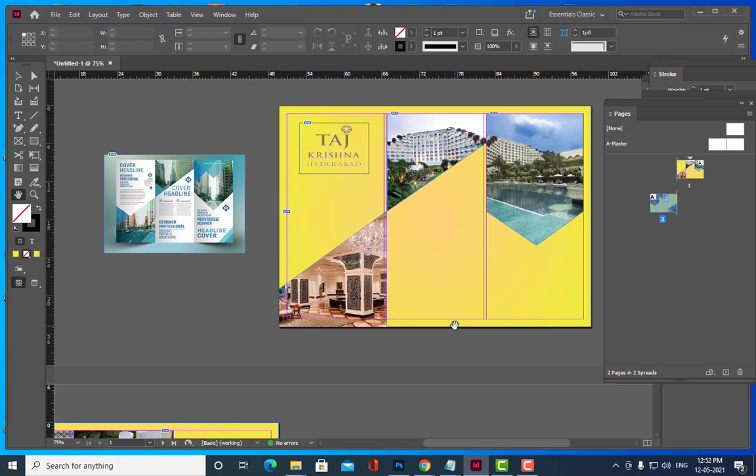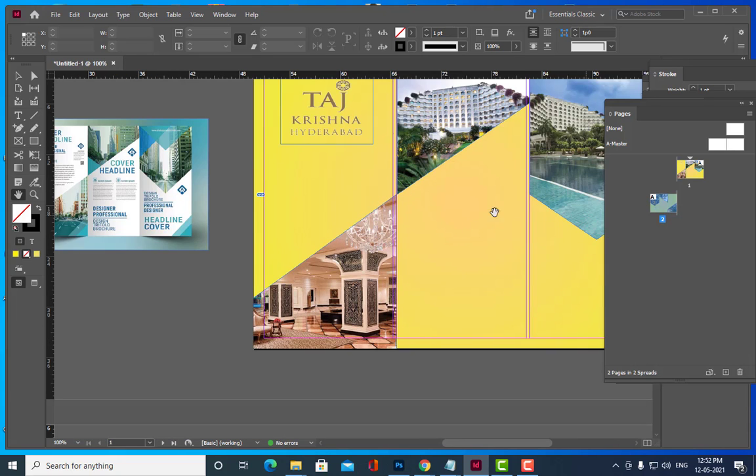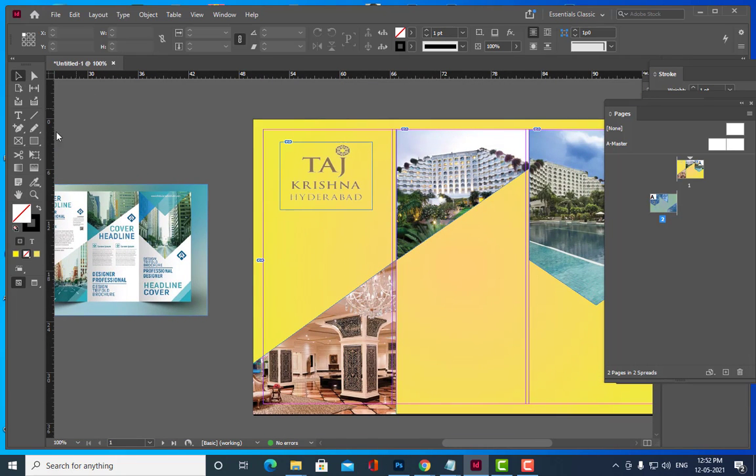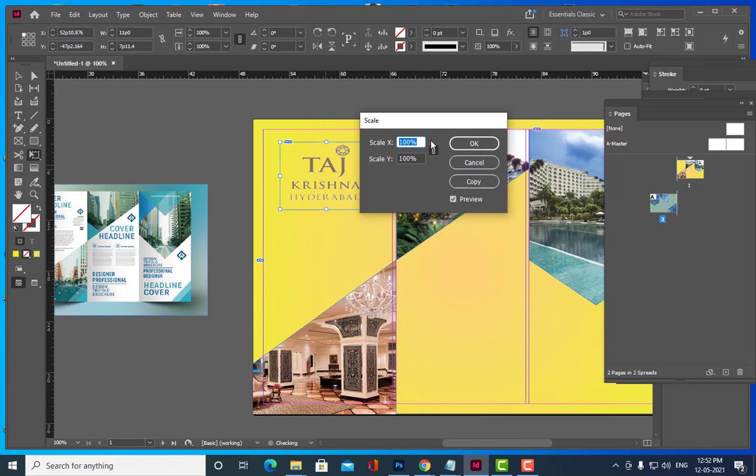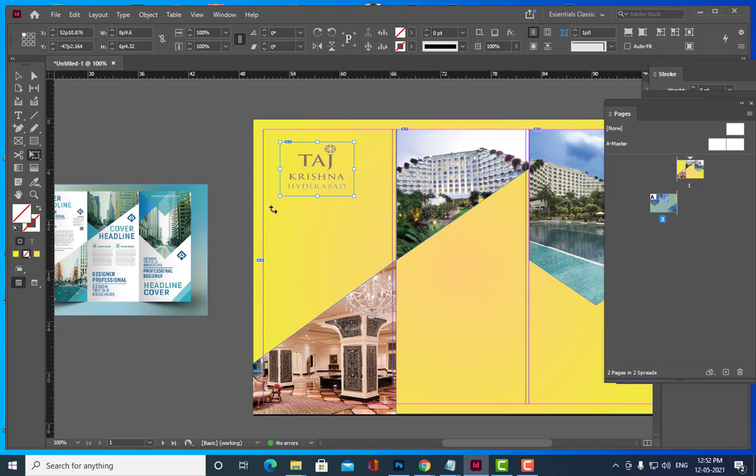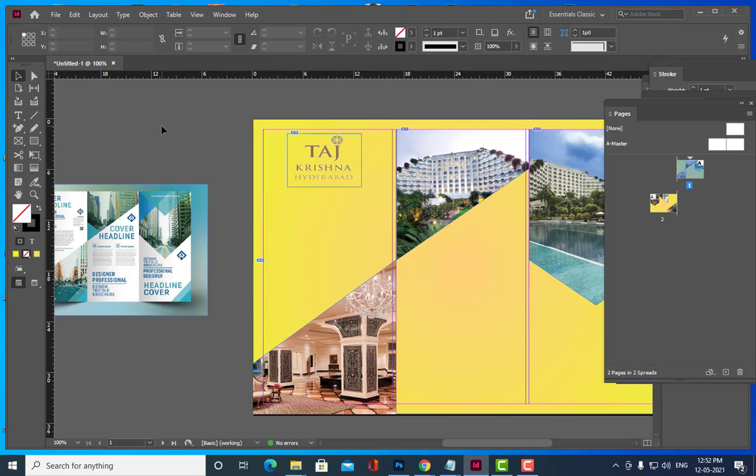So how to place the content? We can actually see here. Let me scale it down. Okay, let me scale it to 80%, so that there is space for content.